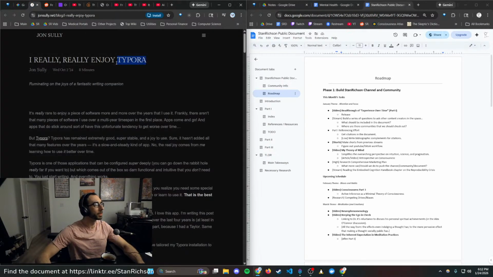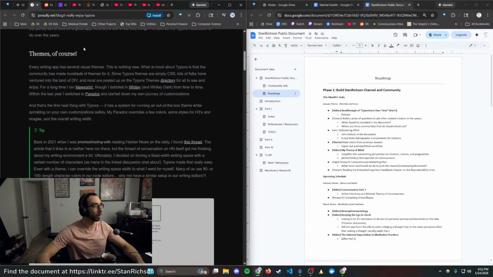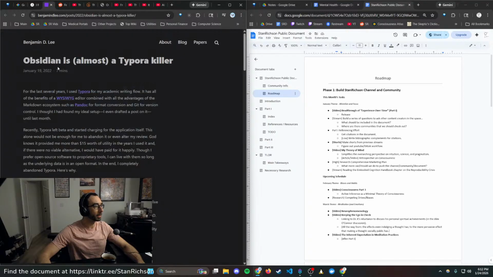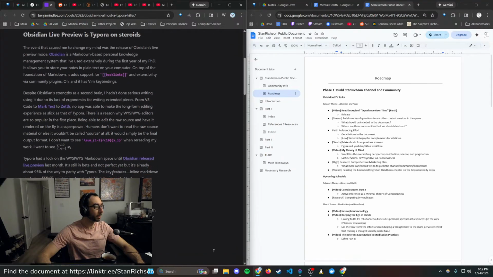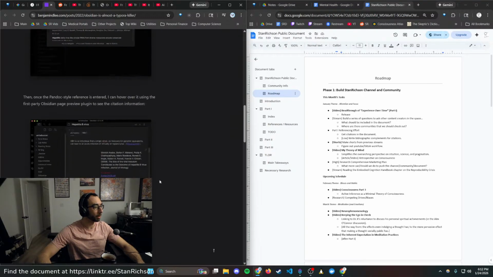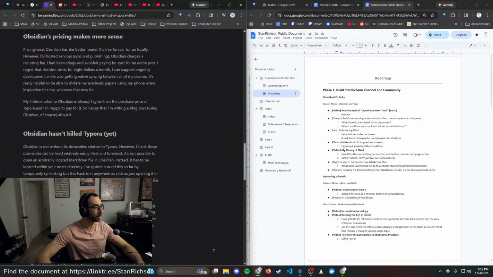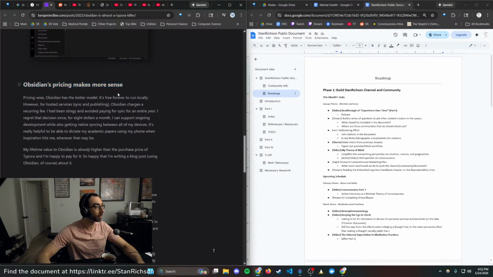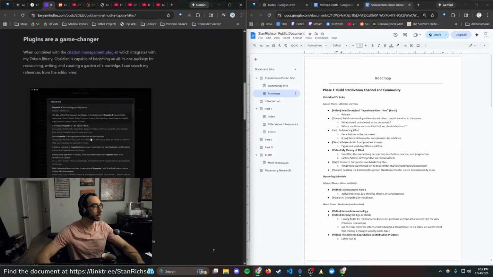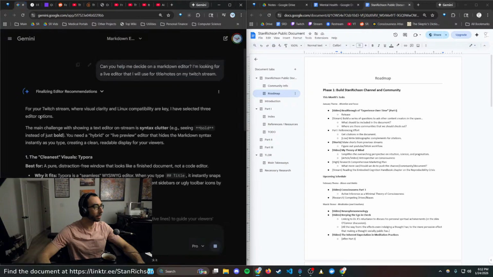So this person really enjoys Typora, and then this thing says Obsidian is almost a Typora killer because of the Obsidian live preview. So that's really what's important. It's the preview that we really care about here. There's pricing involved? It's free forever to run locally, however, for hosted services. Okay. What is Typora? Is it because if it's costly then? All right,